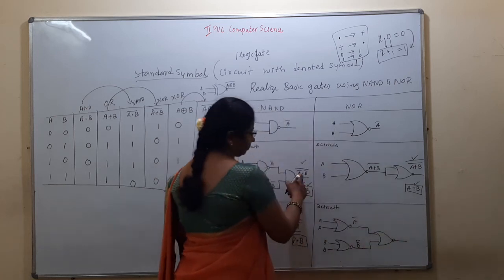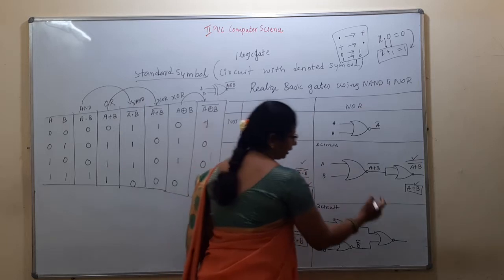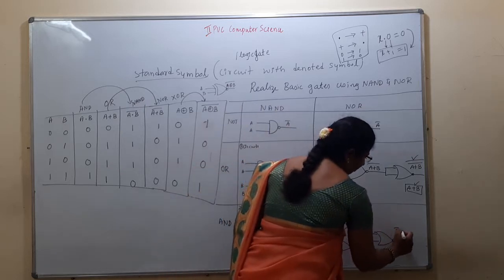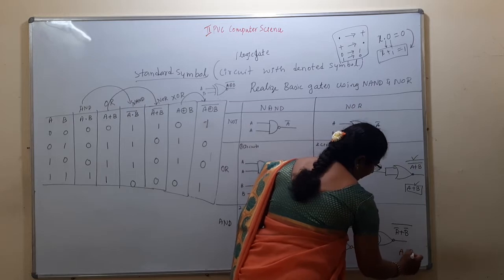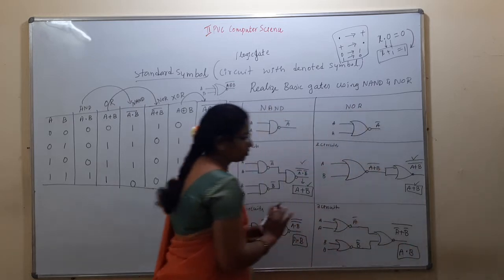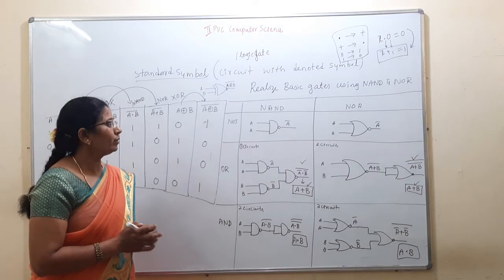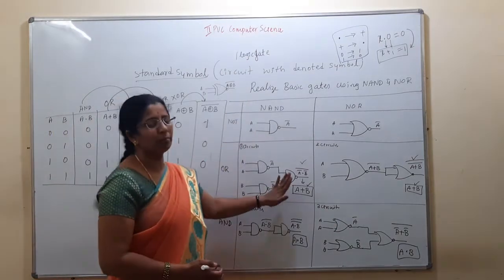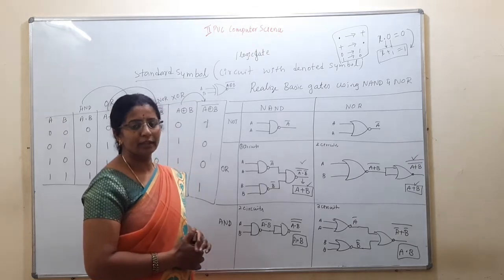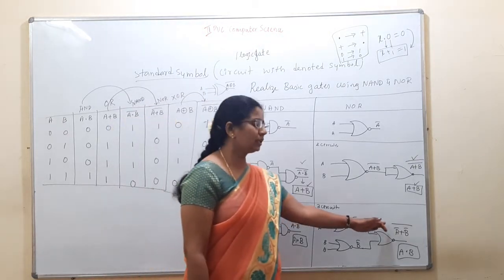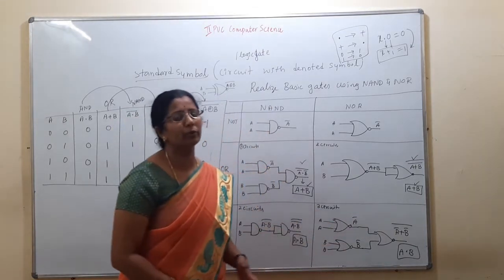What you wrote? With the plus you wrote, dot you wrote, you write with the plus. A complement plus B complement, whole complement can be written as A into B. Just explanation is not required. When you write this much, you will get the complete 5 marks, students. Understood? This you will get with De Morgan's theorem. If you want, you can prove it.